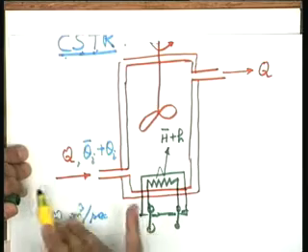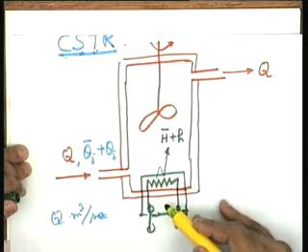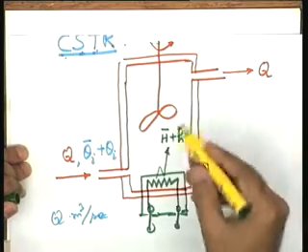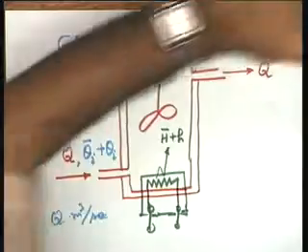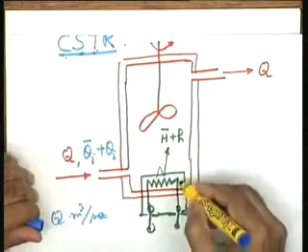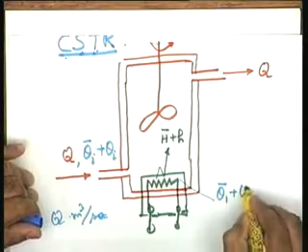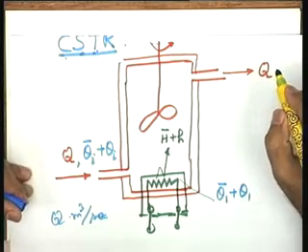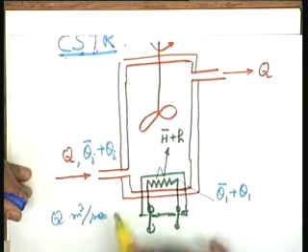So, it means this particular liquid is being heated using a heater. Now, this exit has got the flow Q and I assume that the heater temperature here is theta 1. Let me say again theta 1 bar plus theta 1. Theta 1 bar is the steady state value and theta 1 is the variation with respect to the steady state value. This is your heater mass.